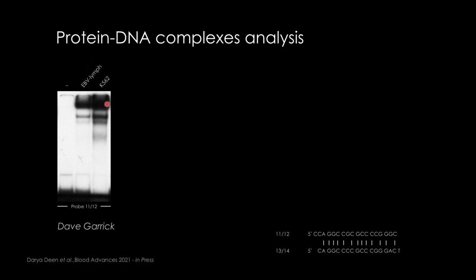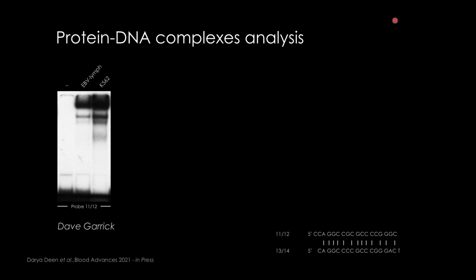And you can do that with different cell types. You can do competition with either the same probe in excess, 100-fold cold, so non-radioactive probe, or different mutations, and you can then study the binding of the transcription factors. This sounds like old-fashioned science, but you will see the beauty of doing those experiments to find something interesting. So this is with the probe 11 and 12. You can see here the two sequences are very, very similar. And we found 3 different complexes in B cells and 4 complexes in K562, which is an erythroid